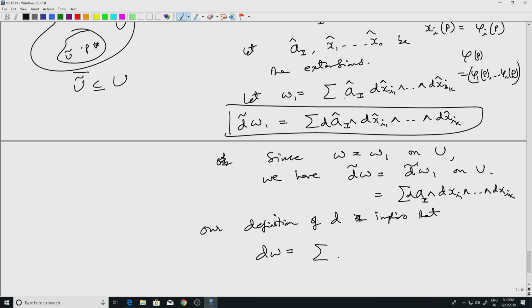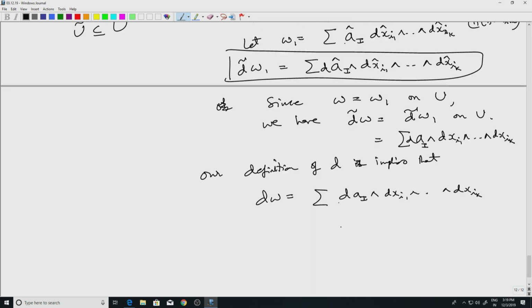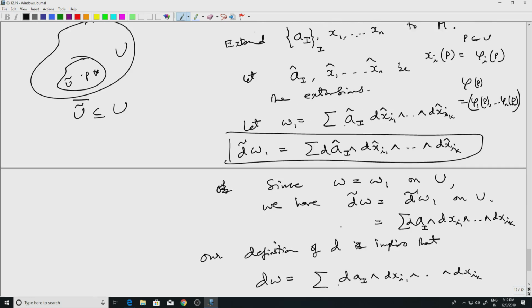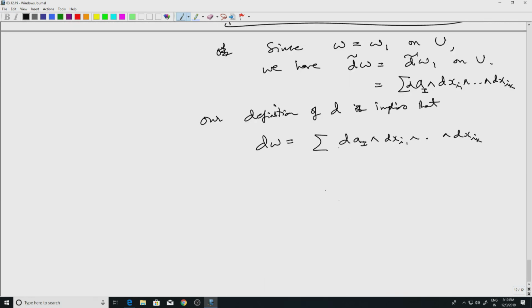So our definition of d implies that d omega is exactly the same thing, dai wedge dxi1, and the definition in the red box is equivalent to this definition. I leave it as an exercise, but it's quite straightforward. And so therefore, we conclude